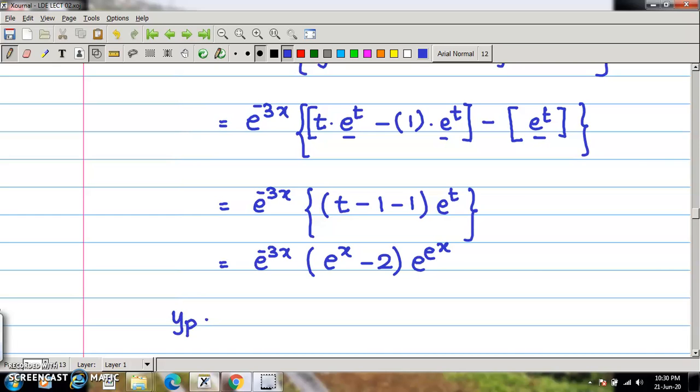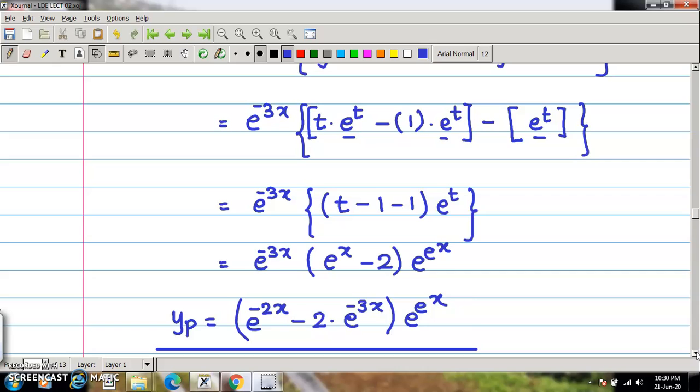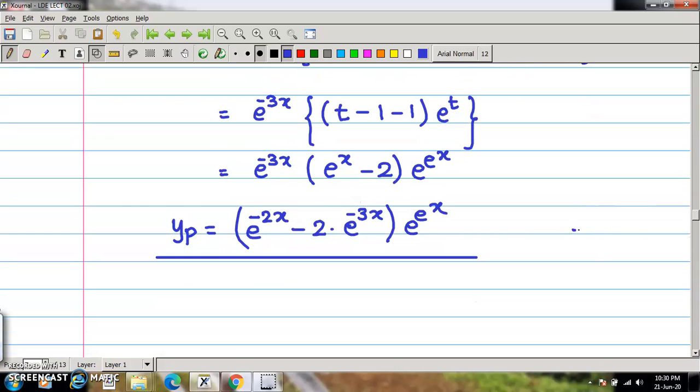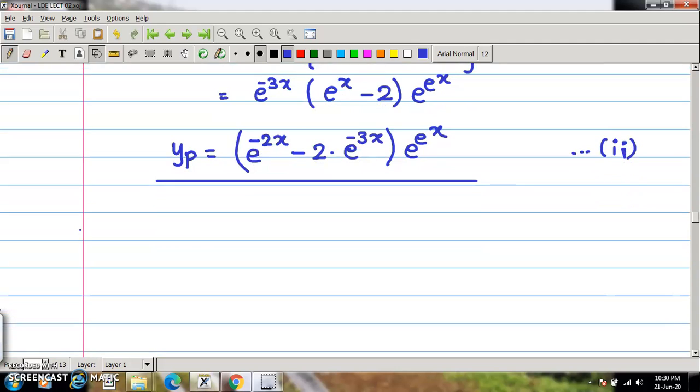So the required particular integral will be e raised to minus 2x minus 2 times e raised to minus 3x into e raised to x. So this is our required particular integral. We can denote it by equation number 2. Therefore, from 1 and 2, the required general solution is